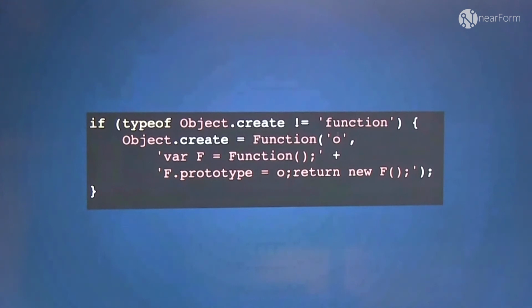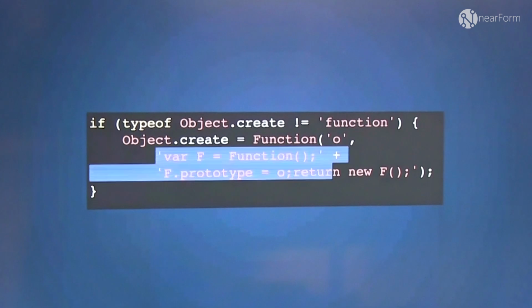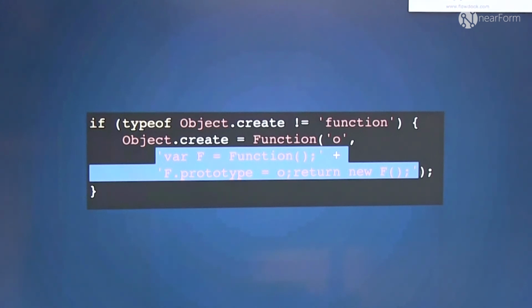The first parameter is the parameter of the function you are creating, and the second part that you could see here is the body for the function. That's the implementation that I found for Object.create translated to Mocha, to the implementation of JavaScript at that moment.